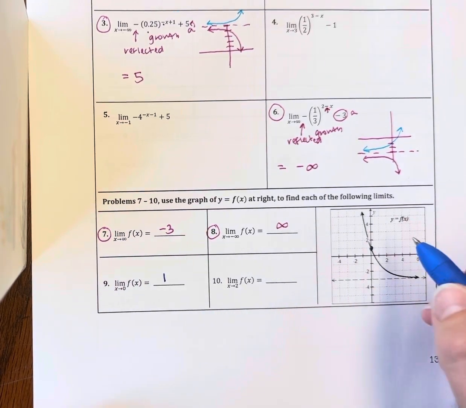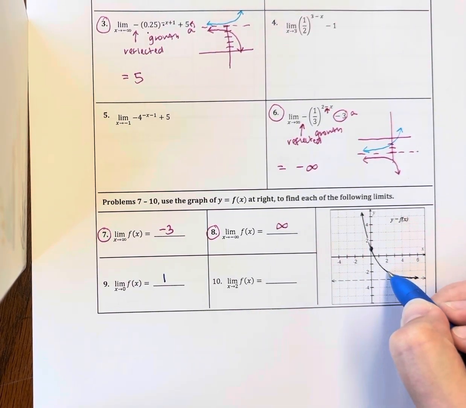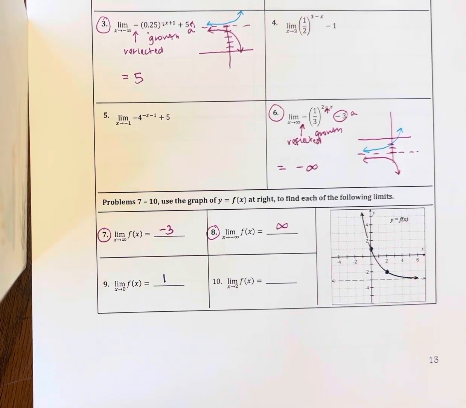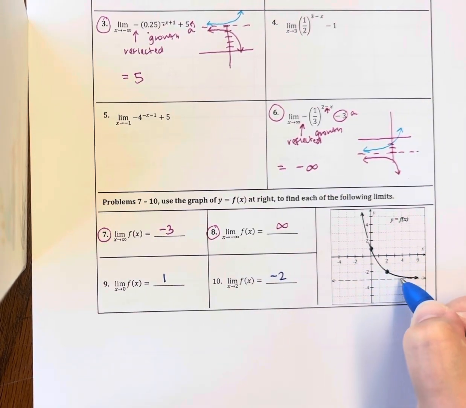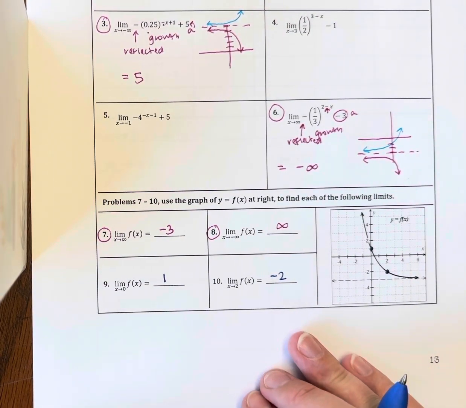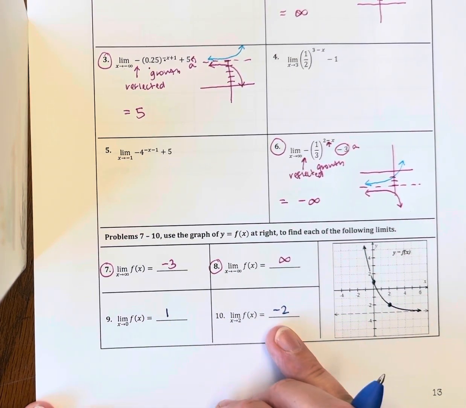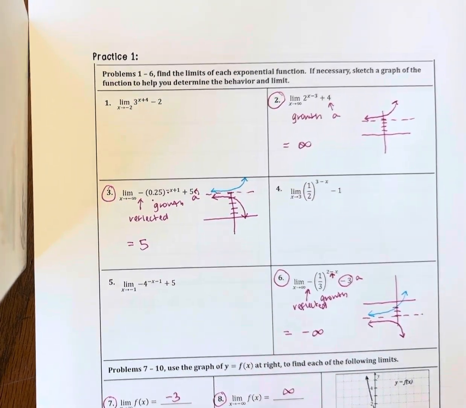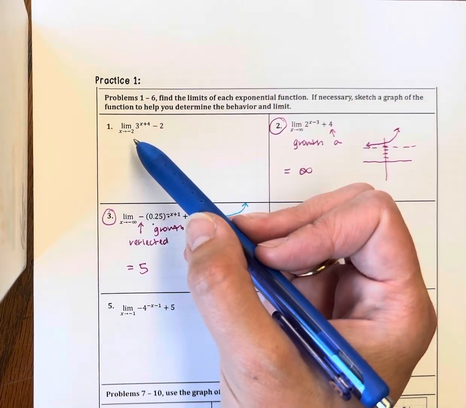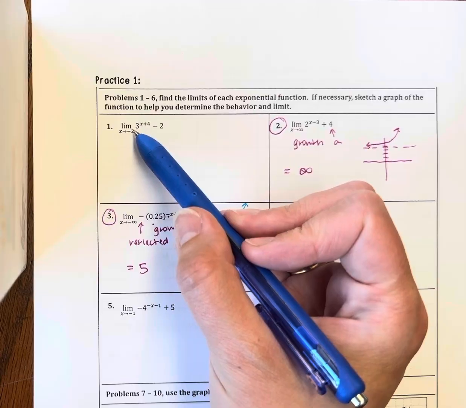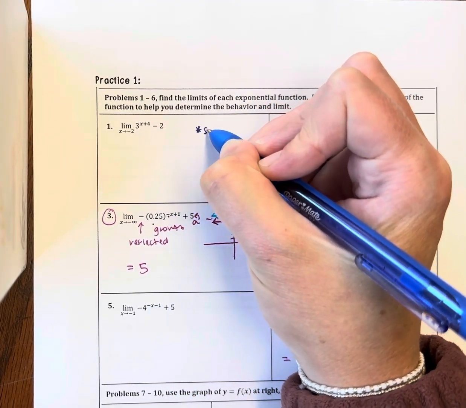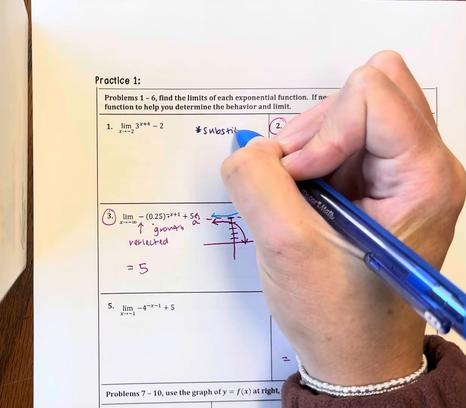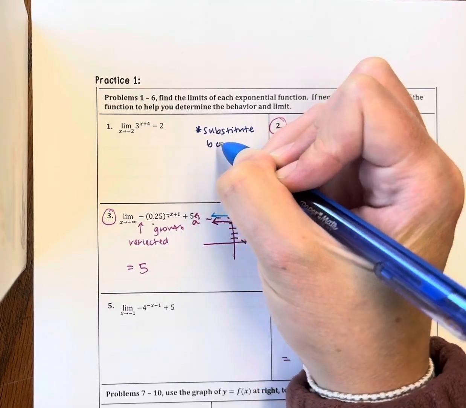At 2, the limit is -2. The limit from the left is -2. The limit from the right is -2. So it's -2. Now, how could you get these values without a graph? So if you're asked something like this, if it's just a number value, so -2, you can just substitute because these are continuous